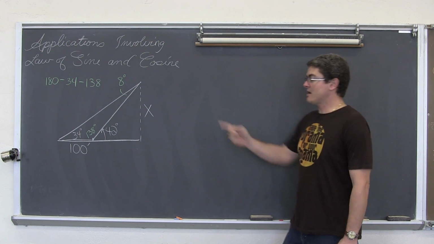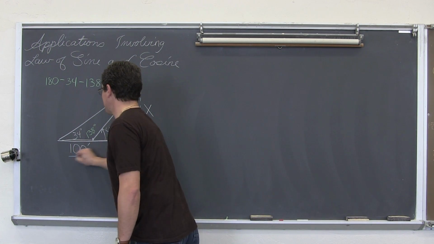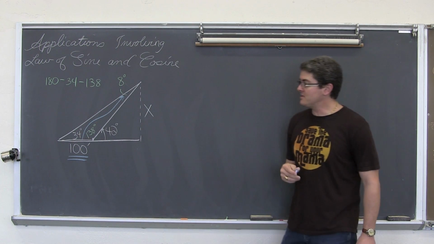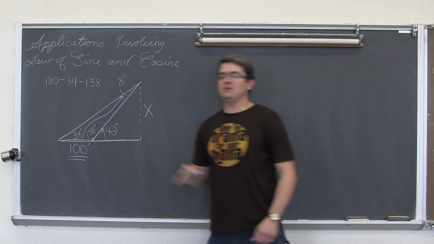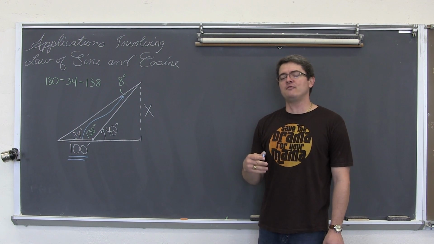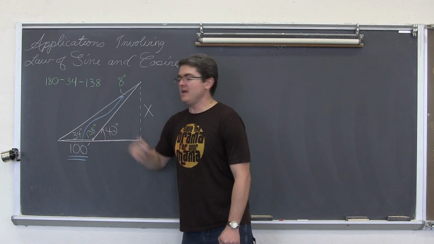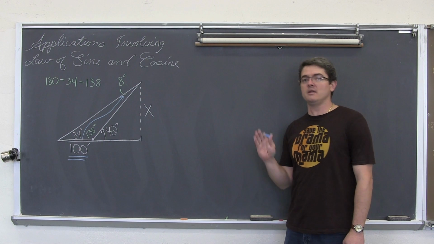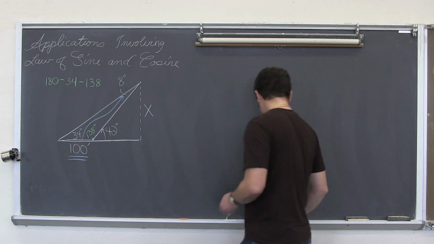Now what can we find? We're not going to find x directly, we don't have enough information yet, but we have this side of 100, and we know the angle that's opposite that 100 feet, of 8 degrees. So if you have that side and angle pairing, you have enough information to set up the law of sine. Now, there are ambiguous cases for law of sine where you might have more than one possible triangle from the information given, but we have an angle, side, angle, and that's one of the congruency theorems or similarity theorems from geometry. So when we get our answer from our calculator, that's going to be the one valid answer that there is, so we'll be safe. Okay, so 100 over the sine of 8 degrees